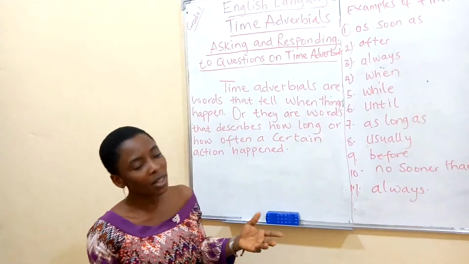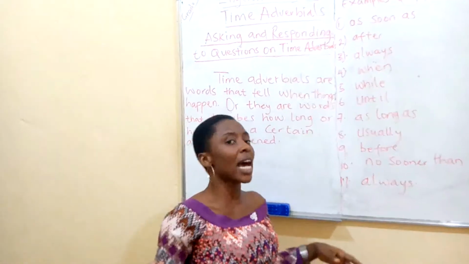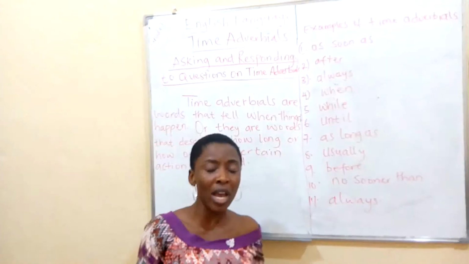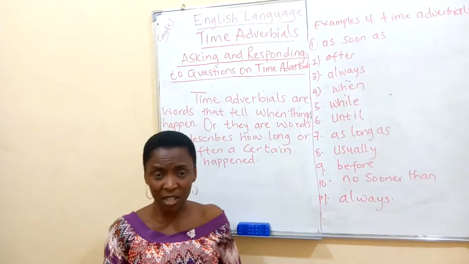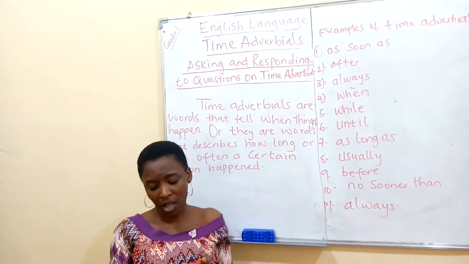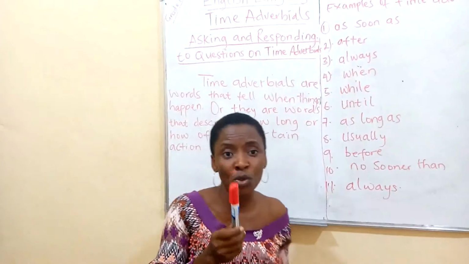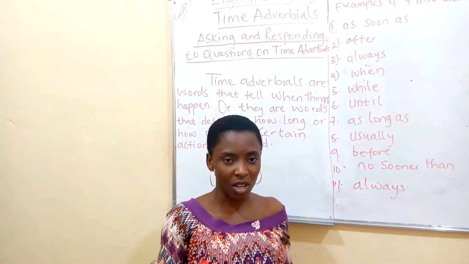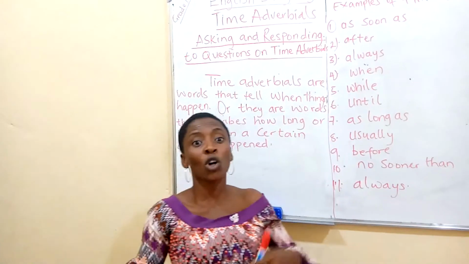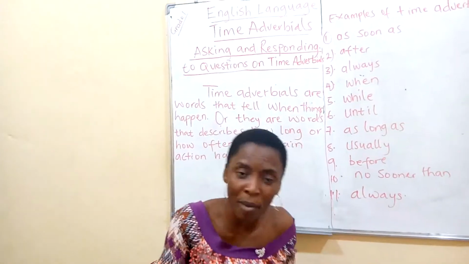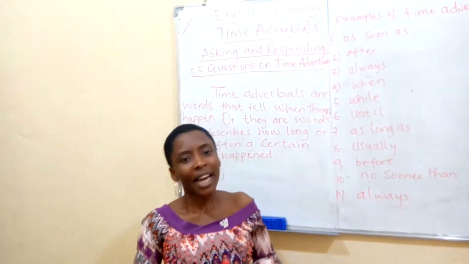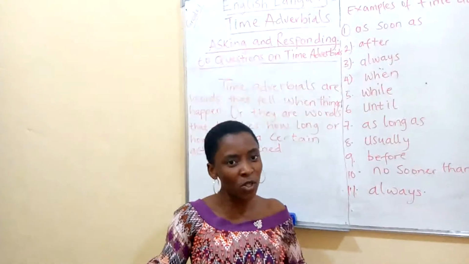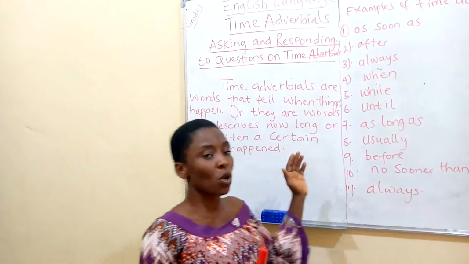So that you will not be confused, we'll be looking at positive and negative responses. For the negative response, as soon as you say no, it's a negative one. Let's say somebody says, please, I want to use your marker, and you say no, you are not giving it to the person. But if you say yes, it means you want to give it. Can I use your marker? Yes. That's a positive one. Can I use your marker? No. It's a negative one.